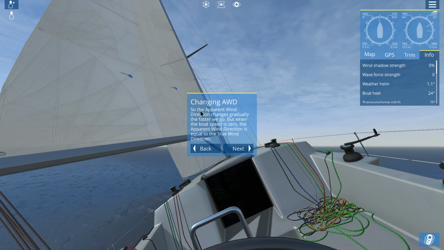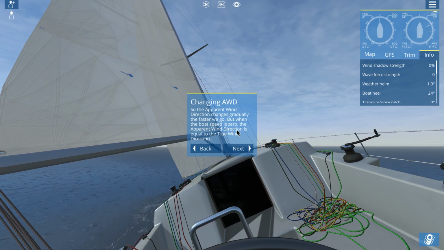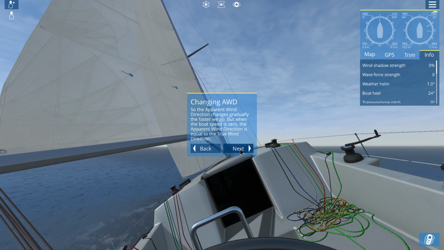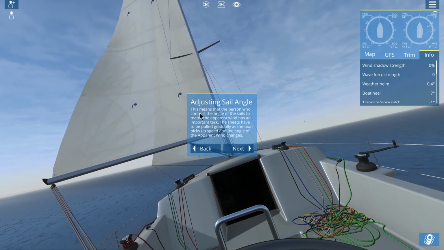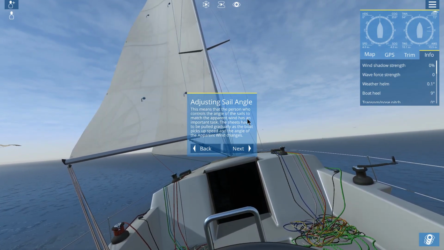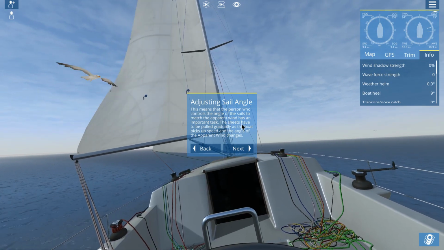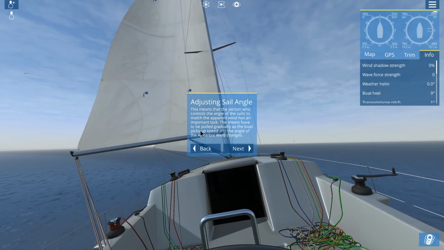Changing AWD, so the apparent wind direction changes gradually the faster we go. Okay? But when the boat speed is 0, the apparent wind direction is equal to the true wind. Okay. Adjusting the sail angle. This means that the person who controls the angle of the sails to match the apparent wind has an important task. The sheets have to be pulled gradually as the boat picks up speed,